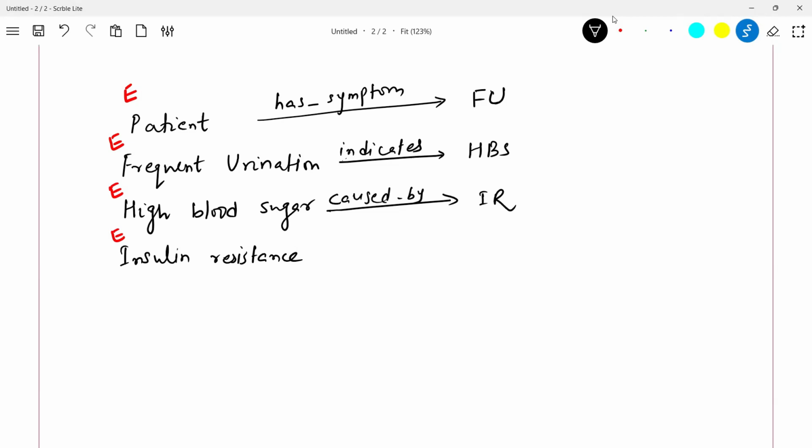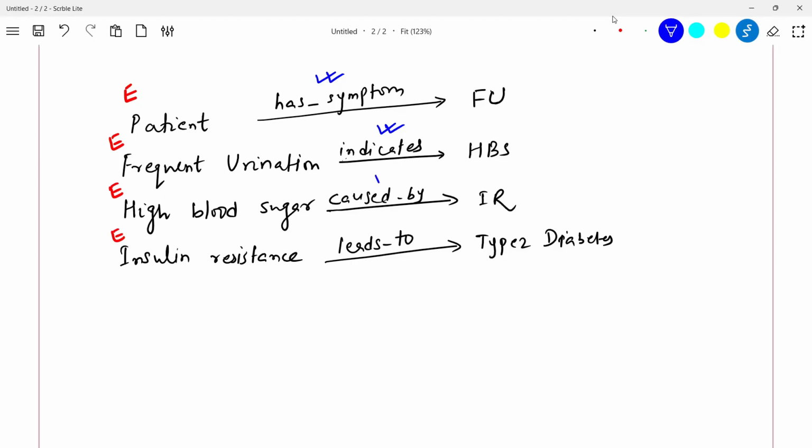Insulin resistance is related to type 2 diabetes with a relationship called "leads to". So whatever you are seeing here is nothing but two entities related to each other with a relationship. And this is exactly how GraphRAG works.